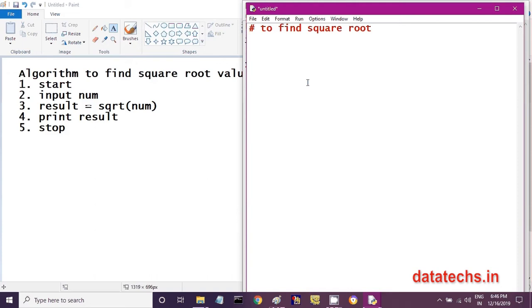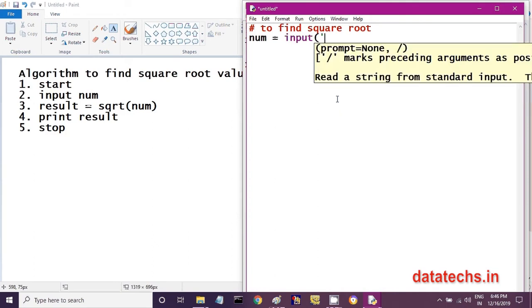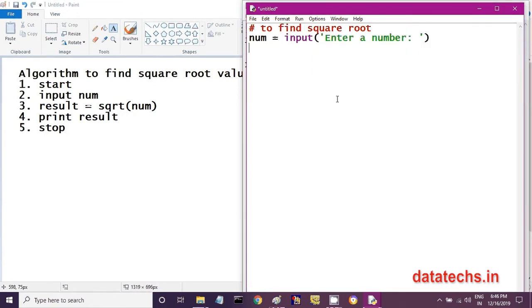After writing the comment, the first step, start, is ignored in the program. The second step is input num. That means as input you have to give a number. For this purpose I can write num is equal to input of "enter a number". I can ask the user like this.